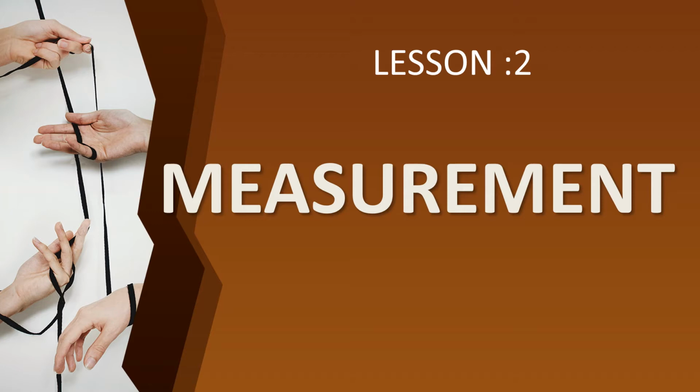By using, if you are measuring the curved line means we can use string method or divider method. And if you are finding the diameter of a sphere means we can use 2 wooden blocks, a sphere and a scale. And then we can find the thickness of a coin by using indirect method. And the diameter of a wire and also the inner and outer diameter of a glass. And then we have learnt about the area.